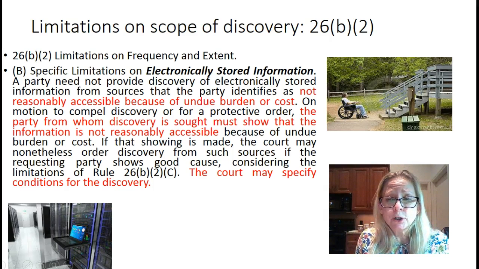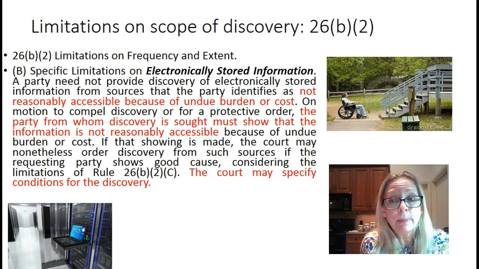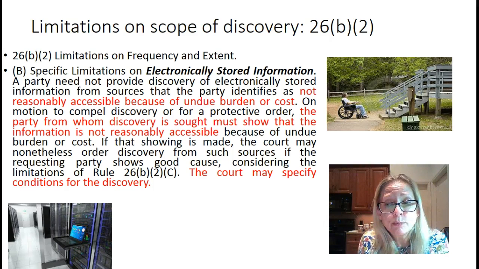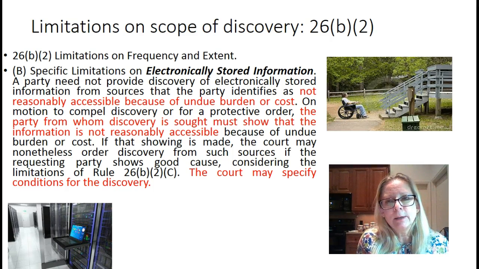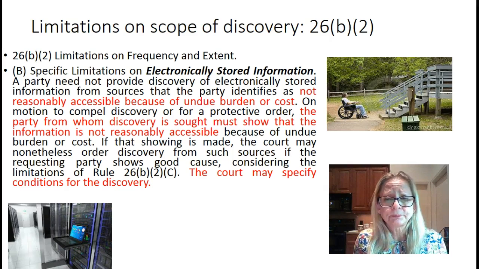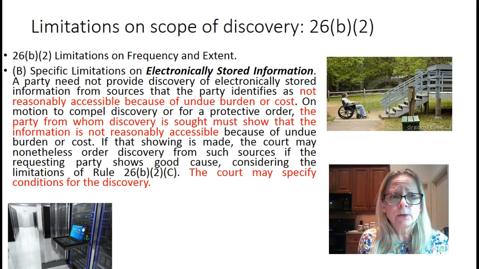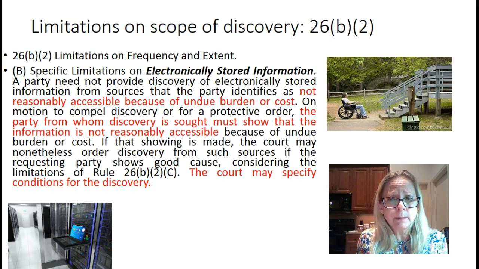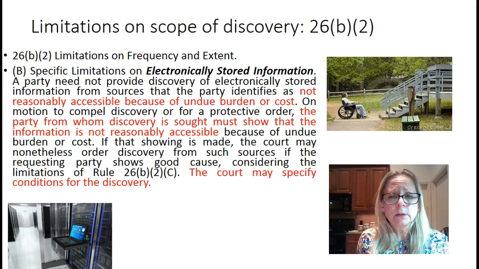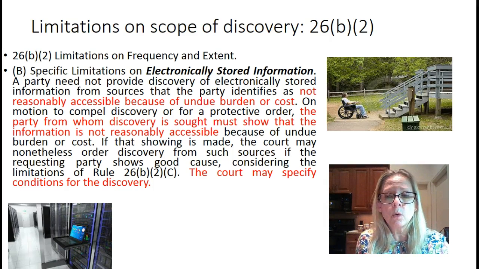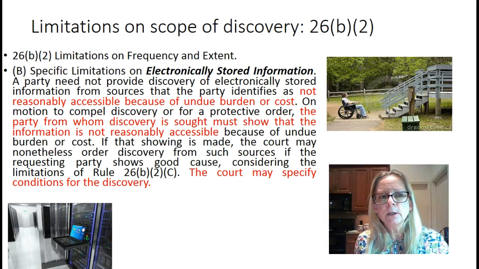So that brings us to the end of 26(b)(1), the scope in general of discovery. Now, there is also the next subsection, which is 26(b)(2), which has some other provisions that put additional limits on the scope of discovery, where if you apply to a court, the court on its own or on motion can limit discovery for various reasons. And one of them is in